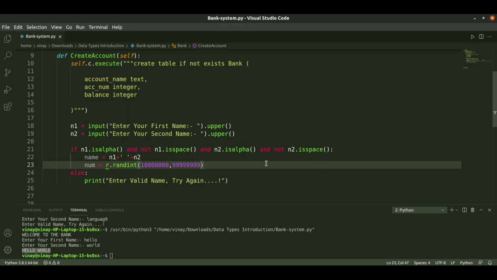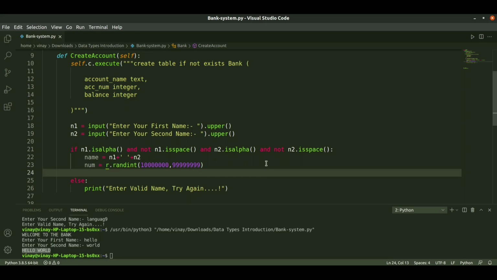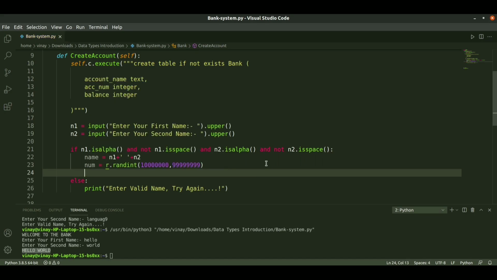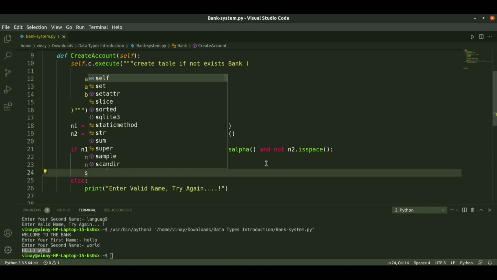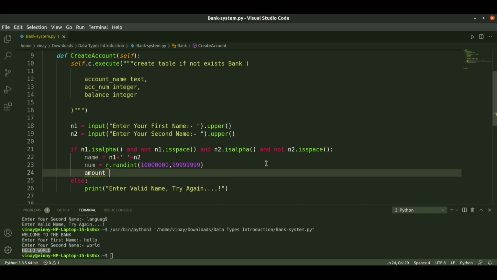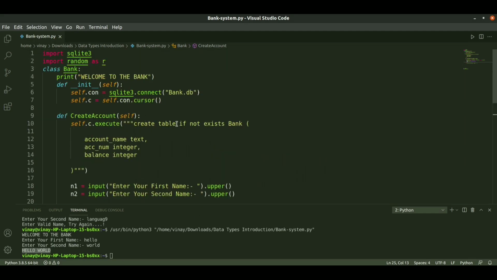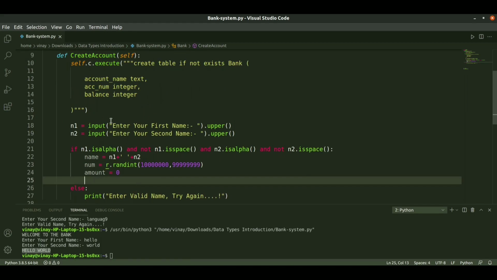So after this we will initiate each account holder balance, let us define that as amount is equal to 0. So initially we will define the amount as 0 for each user when they are created, and next we will insert these values into our table whenever the user is requested.